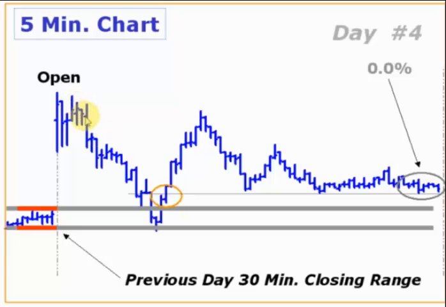Interesting here, notice how the stock price pulls back. Where does it pull back to? Pulls right back to the previous day's 30-minute closing range, and that's where it bounces and takes off. Now you could have got a trade here. That ended up being maybe almost a 1% bounce here,